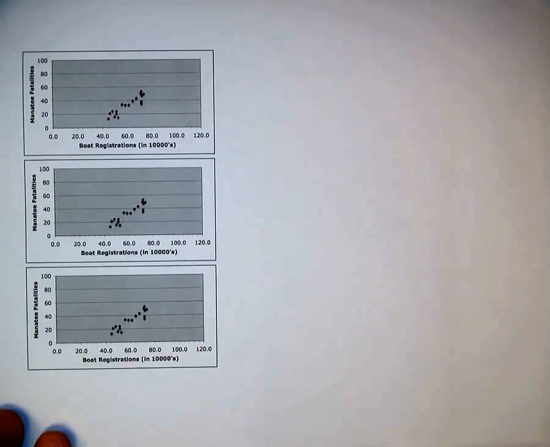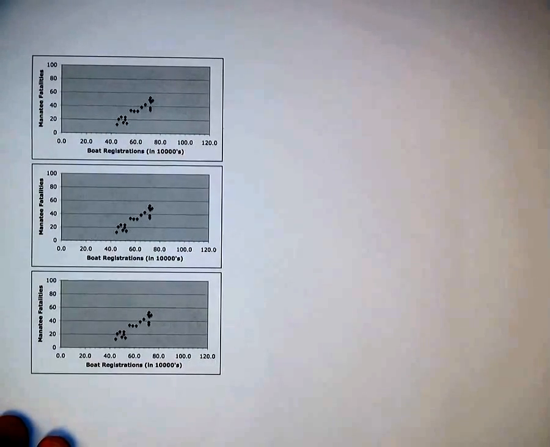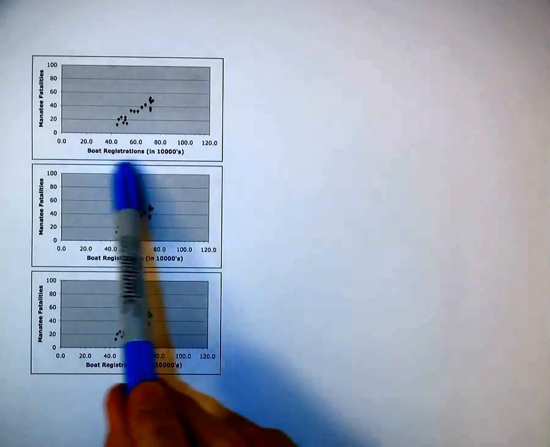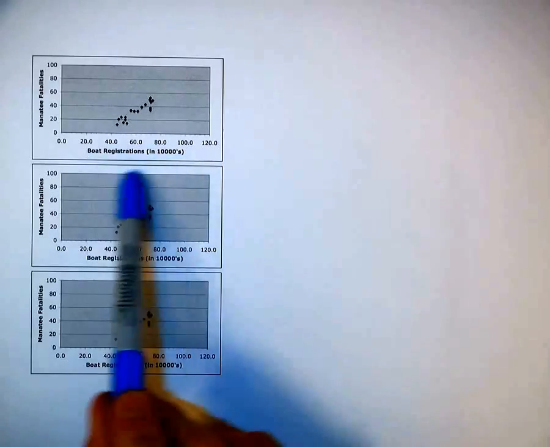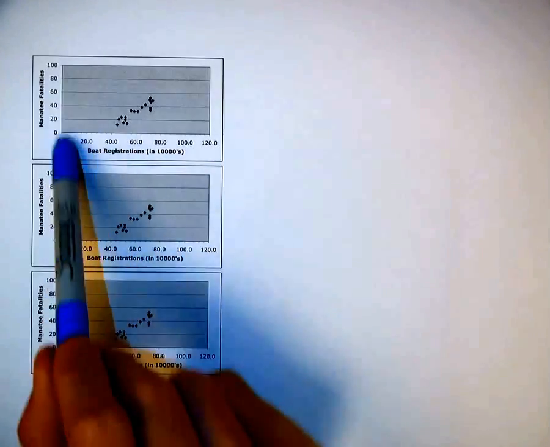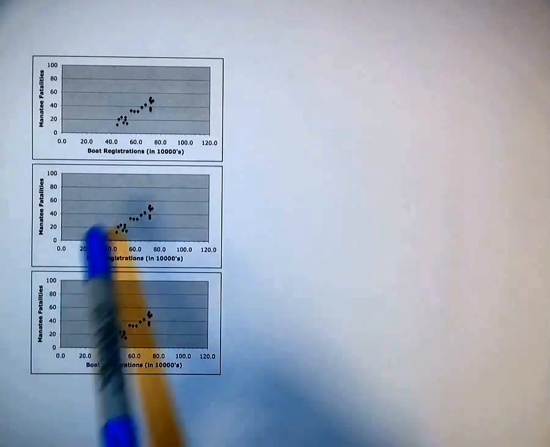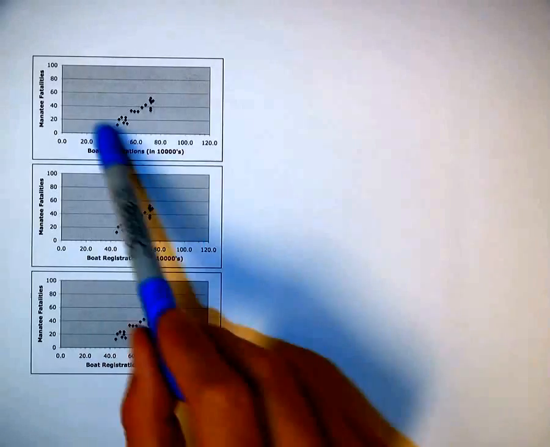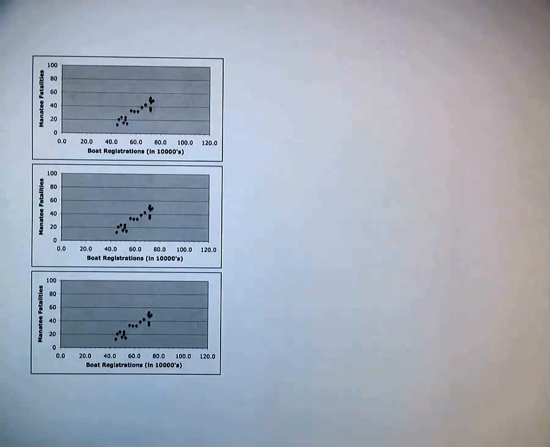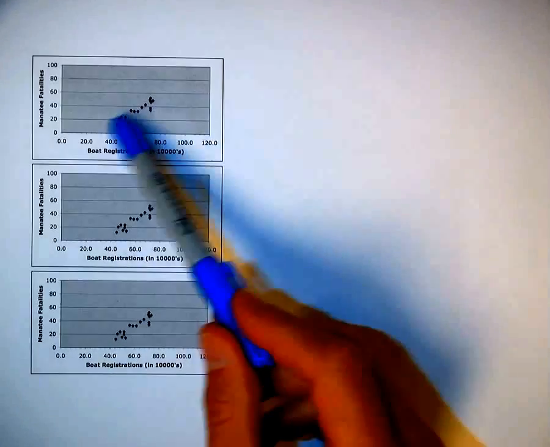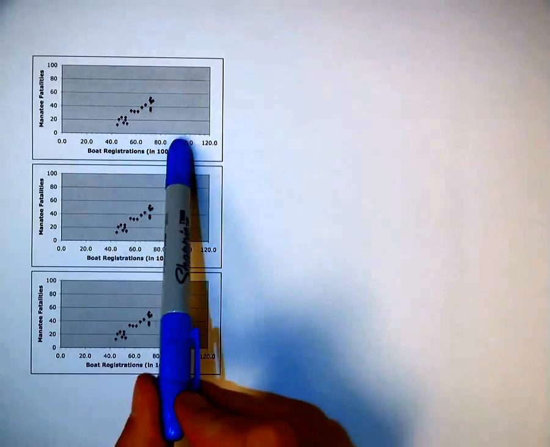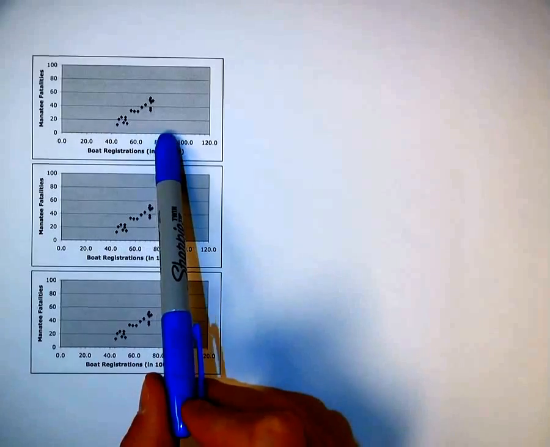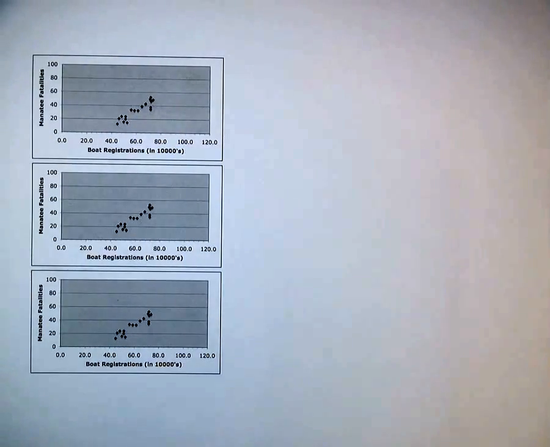Okay, so what we're going to look at is I basically have the same graph here reproduced 3 times. What this is measuring is the number of boat registrations, measured in 10,000s, and then the number of manatee fatalities. And each of these points represents a different year. So in Florida, they used to have a lot of issues with manatee deaths from power boats. So we can see that there seems to be a positive association between how many boat registrations there are, so probably how many boats are in the water, and how many manatee fatalities they recorded that year. But let's look at some different